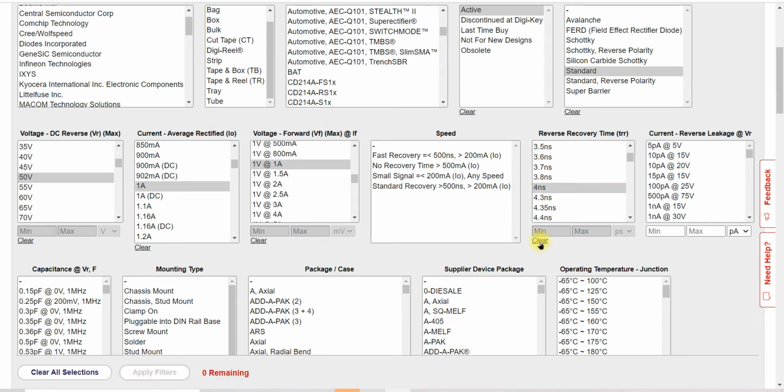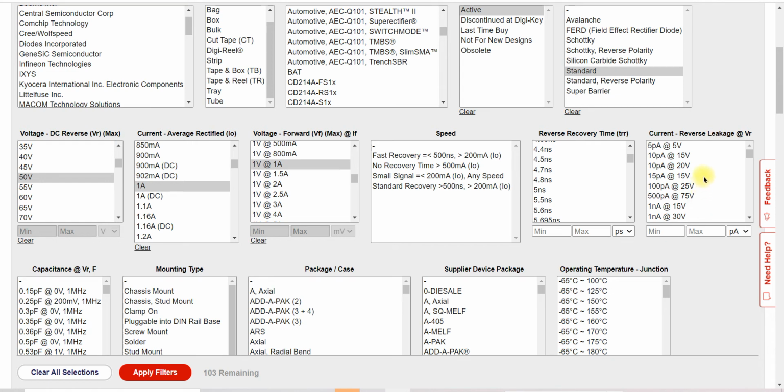It is showing 0. So you have to select it like this, then you will get the component here. I did not select here because it does not matter to me, since I am selecting for a simple application.